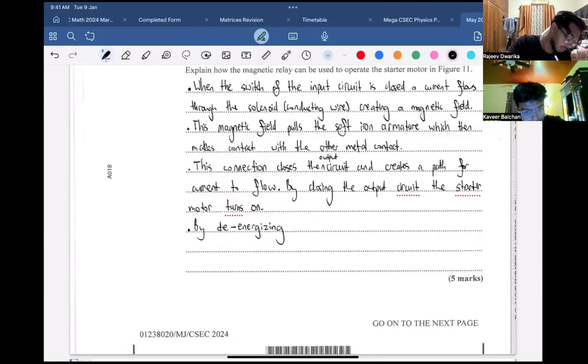So by de-energizing the input circuit, that just means you're going to open the switch. By de-energizing the input circuit, the magnetic field